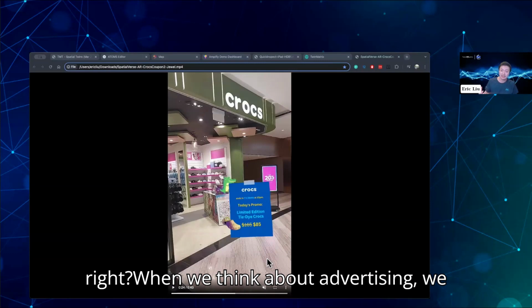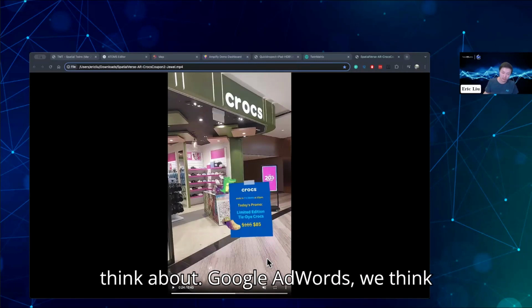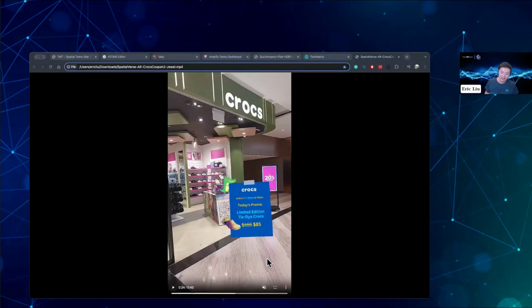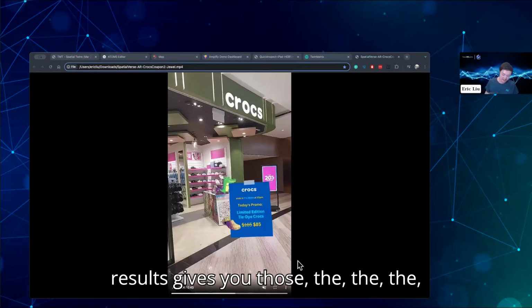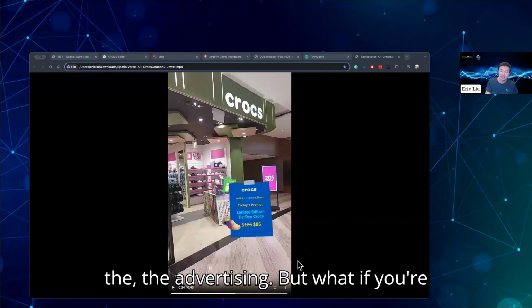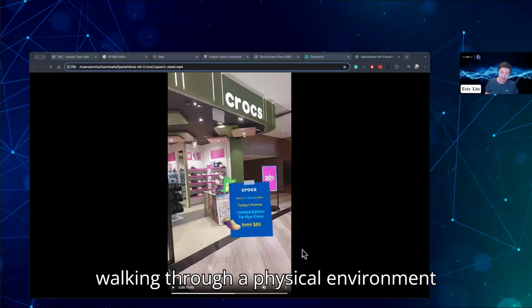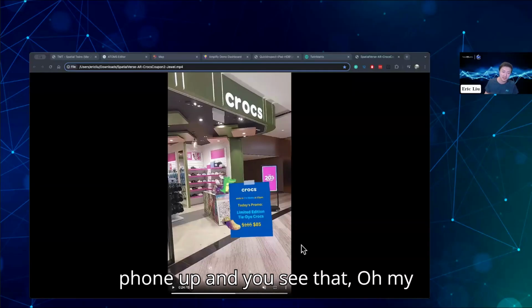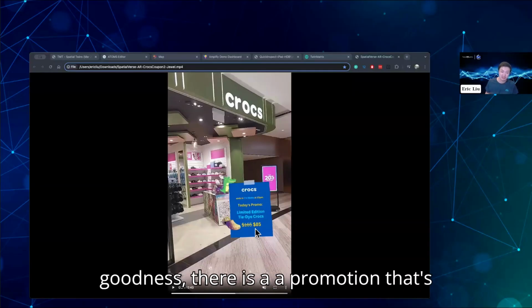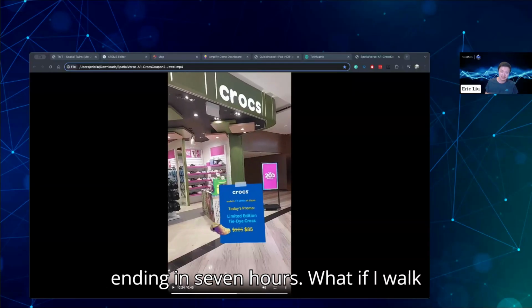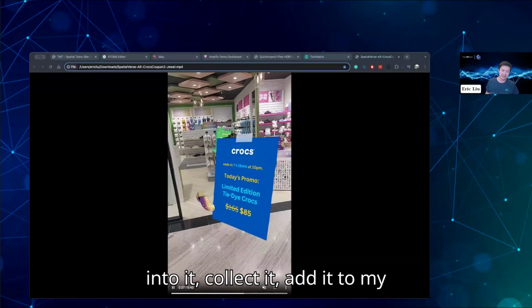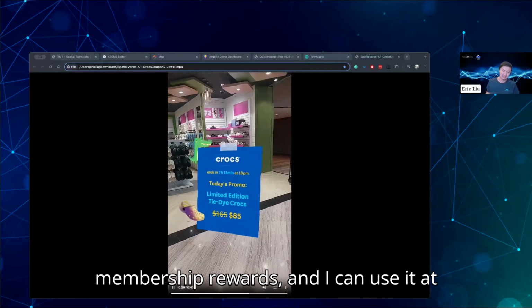When we think about advertising, we think about Google AdWords. You search for Crocs and boom, the first four results give you the advertising. But what if you're walking through a physical environment and looking at a 2D map? It's navigating you, but then you raise your phone up and you see, oh my goodness, there is a promotion that's ending in 7 hours. What if I walk into it, collect it, add it to my membership rewards,